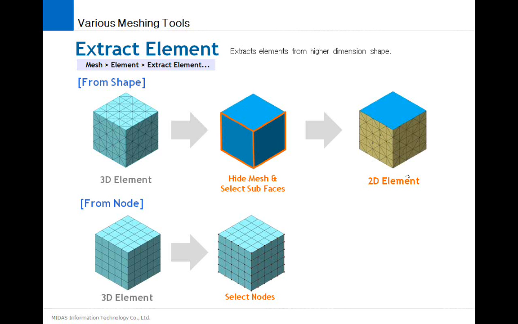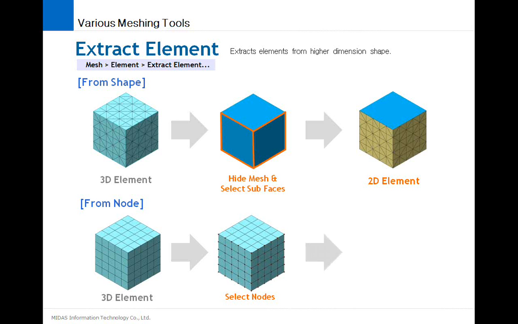You don't have to worry about the nodal connectivity. And this is very important when it comes to providing the tunnel lining. You have to provide tunnel lining inside the inner surface of the tunnel. So from the meshed tunnel solids, you can directly extract the element to generate a 2D lining,